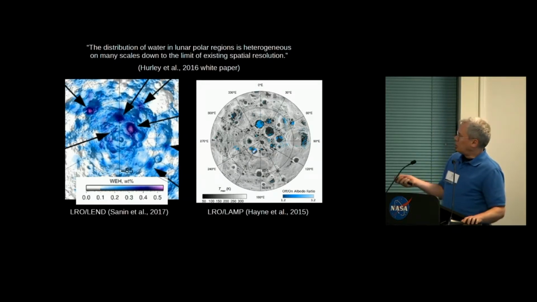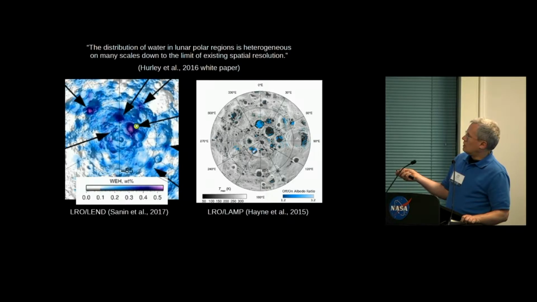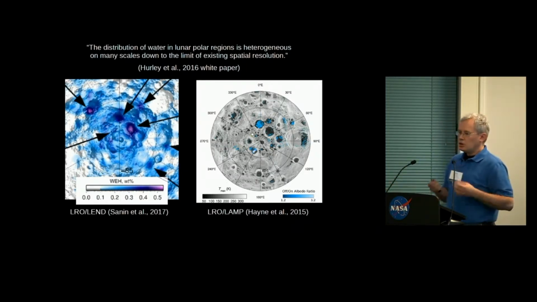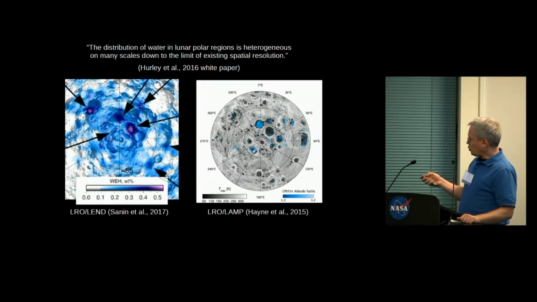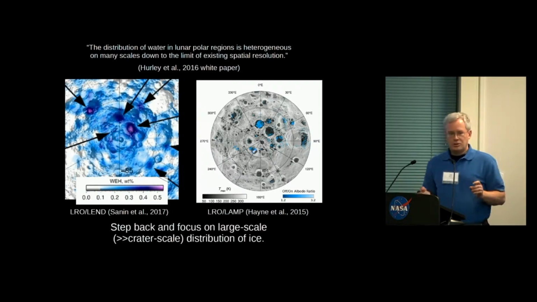And even if you look at particular PSRs, for instance, here you look at a map of neutrons, it's particularly abundant in these two craters, but then if you look at a map of surface frost, now it's more abundant in this crater and not in the ones that were showing up in neutrons. So it's very heterogeneous. So I want you, for this talk, to step back and look at the bigger picture,